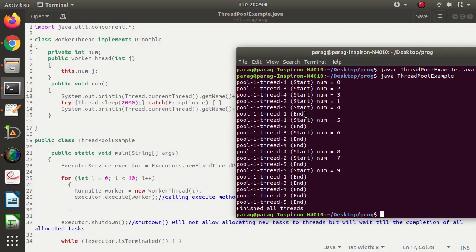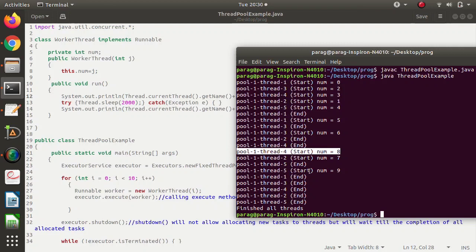Now see, thread 1 has finished. When thread 1 has finished, as it is free now, we are allocating a new task. Now thread 3 is finished, so we are allocating a new task to thread 3. Now thread 2 is finished, so we allocate a new task. Thread 4 is finished, so we allocate a new task to thread 4.